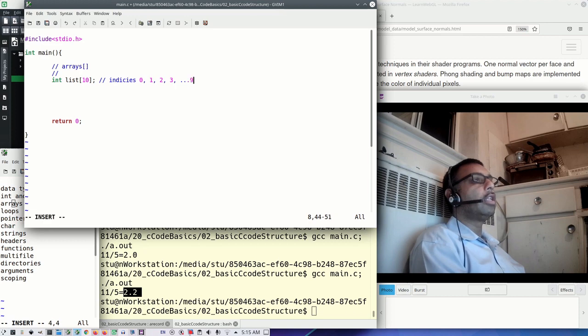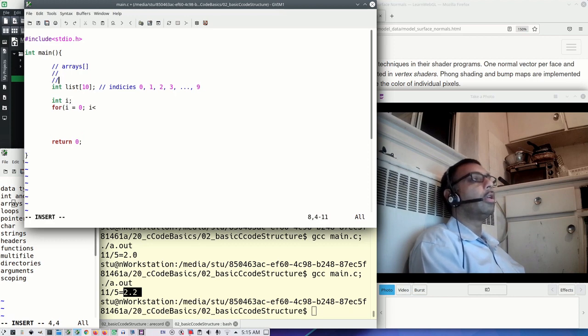Oops, if it's 10, it's going to go to 9. So in that case, what we can do is use a for loop. So here's what a for loop looks like. For initialization, we start at i equals 0, as arrays start at index 0, and then the length,